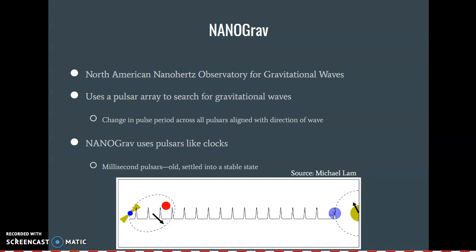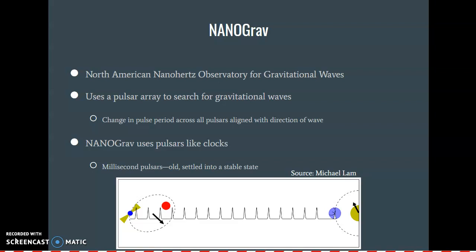The pulsars can be used as clocks because they have a very regular periodicity in their pulses, especially the millisecond pulsars, which are old and stable,